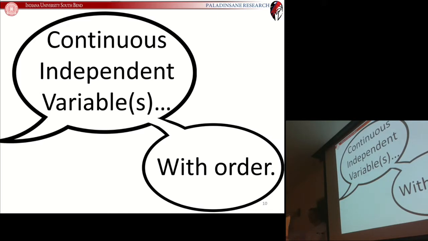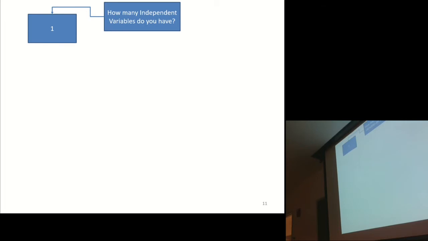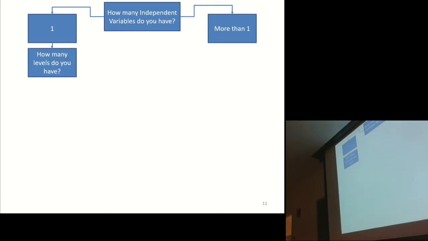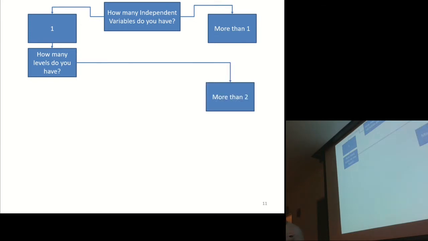statistics can take into account that order when it's analyzing the differences. So in an ANOVA, it doesn't take into account that order, and it just compares categories to each other. What you want to do in this case is use something that can actually take into account and use that order in its analysis. So for this one, once again, same basic idea. Ask yourself, how many independent variables do I have? Do I have only one independent variable, one variable that is trying to predict the outcome? Or do I have more than one? So again, either you have one or you have more than one. That's going to determine your test. And then how many levels do you have? Well, for this one, it's continuous. You've got more than two.